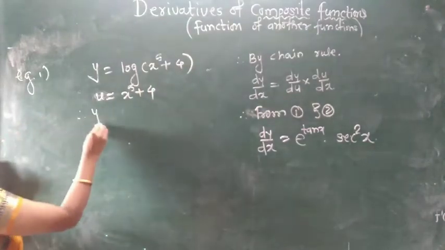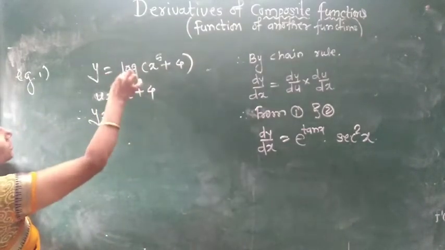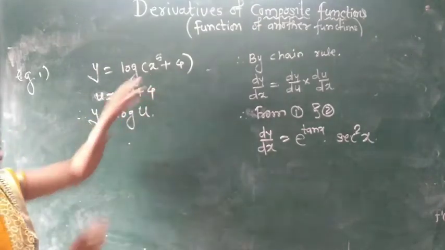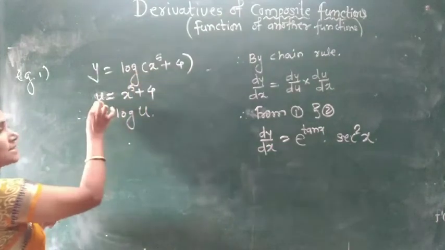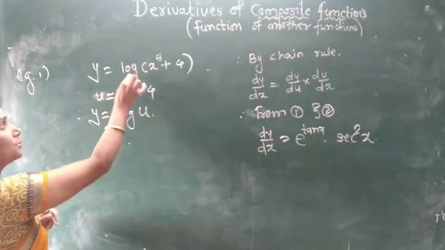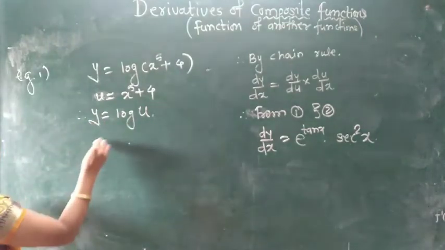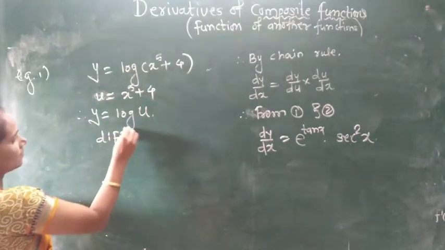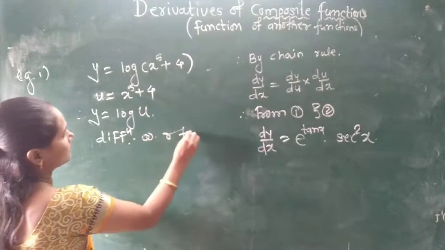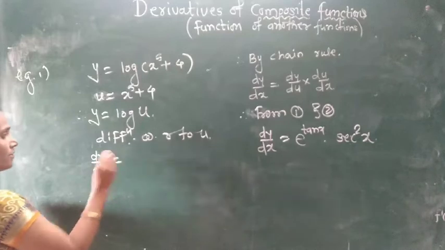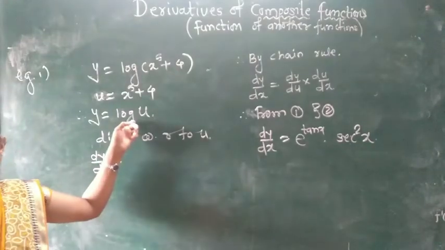Therefore this function y changes into y is equal to log u, because the term in the bracket we call u. Again y is a function of u, so differentiate with respect to u. That is dy upon du is equal to, the derivative of log x is 1 upon x,